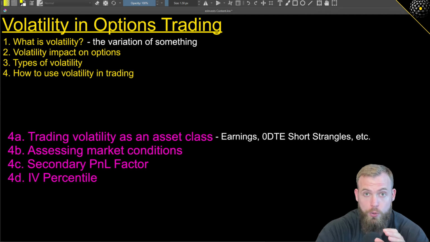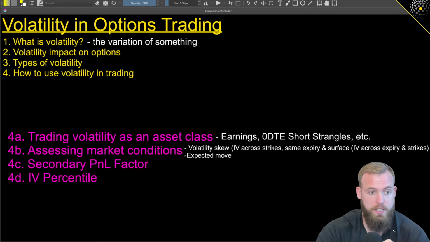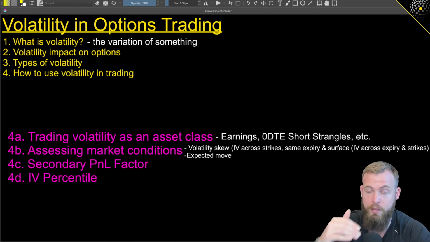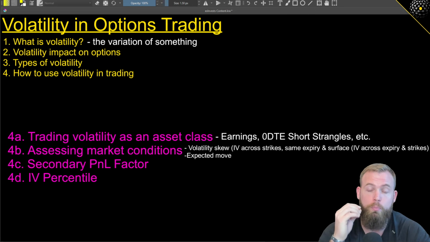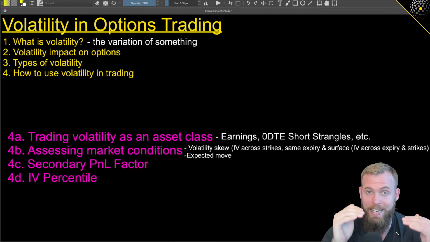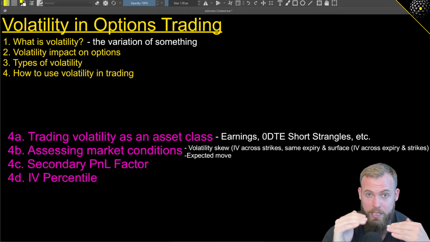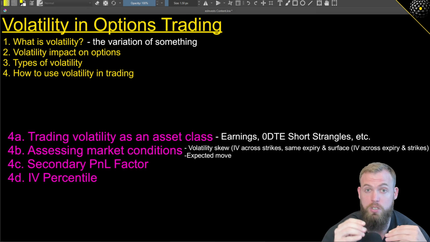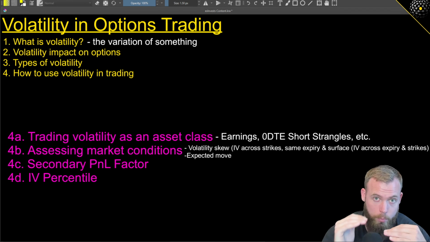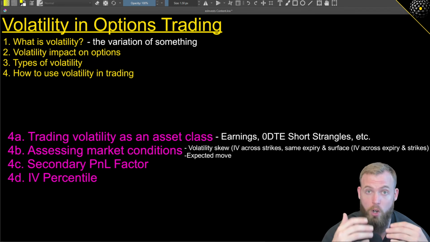Next up, you can use volatility to assess market conditions. So you can look at something like implied volatility skew or the volatility surface, and you can see if markets are pricing in overall movement to the upside or the downside. Typically, we see what's called put skew, which is if you look at the same delta, call and put, typically the put will trade slightly more expensive than the call. That's because there's put skew. There's more implied volatility on the put side because the market generally fears the downside and they're trying to hedge